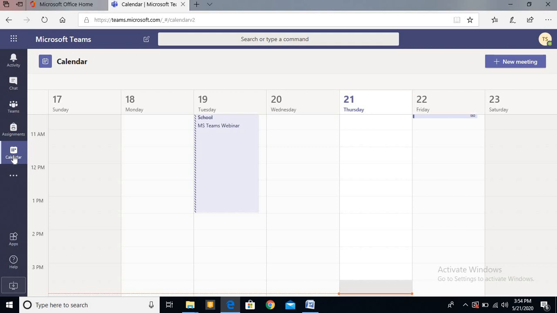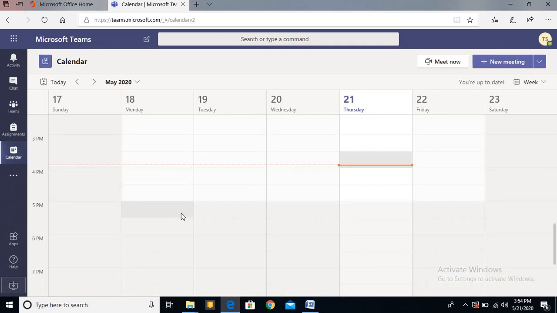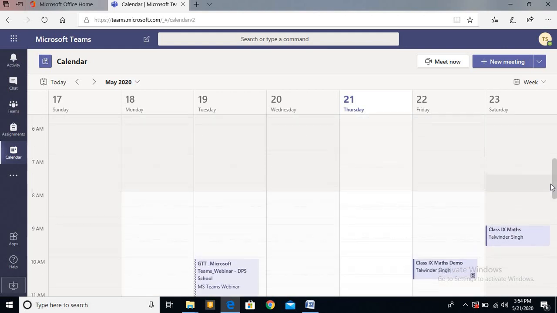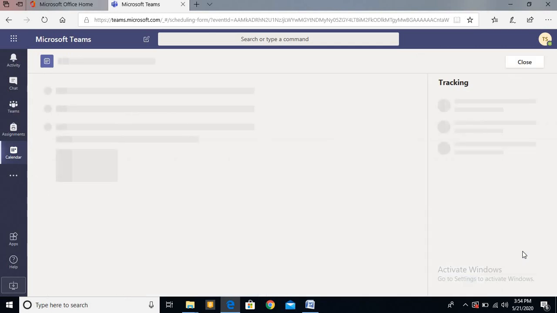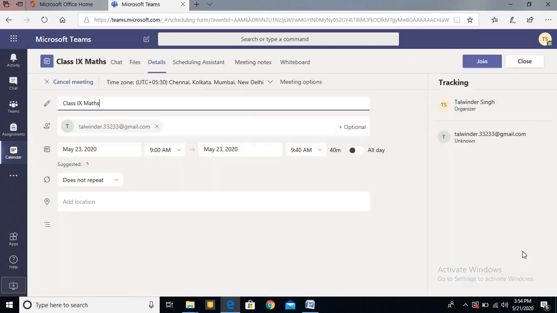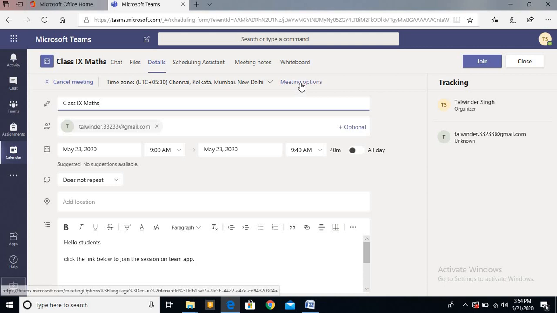Teachers, one thing you have to do that is mandatory for you. After creating this session, you have to think about the security point of view also. When this is ready in your calendar, you have to double click again and open this. Then you will get this meeting options. Earlier there was no option. After scheduling, you have to come back from the calendar, and as I come back here, you will get this meeting option. You have to click here.